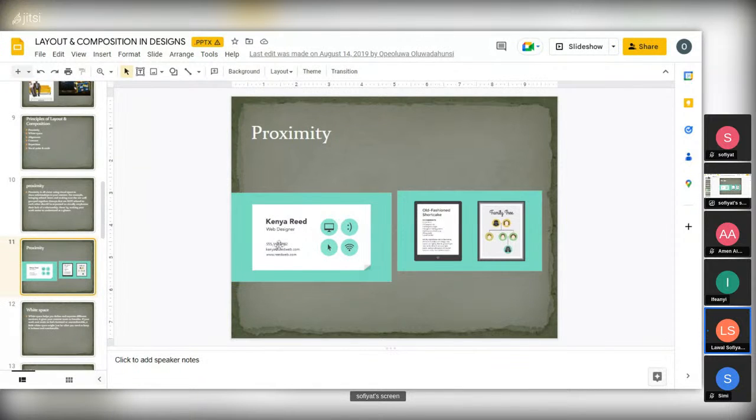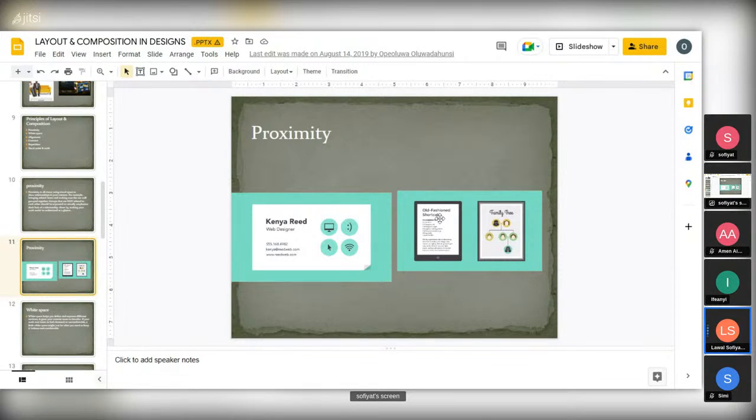So just to tell you that you can group your work differently. These are also the icons, grouped on one side. These are the contacts, the email address and the like, on one side. So it is grouped.